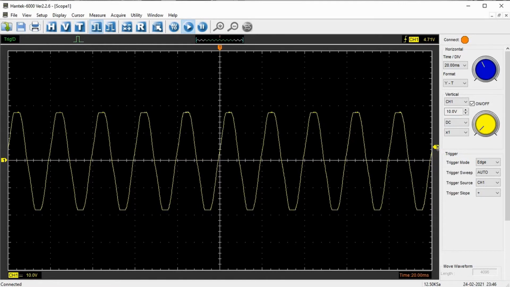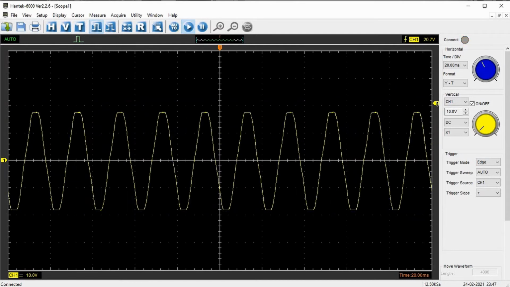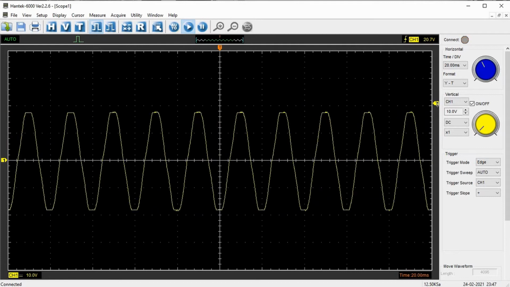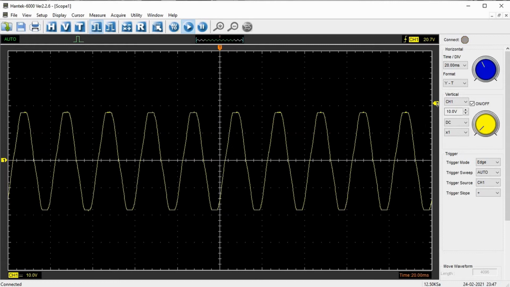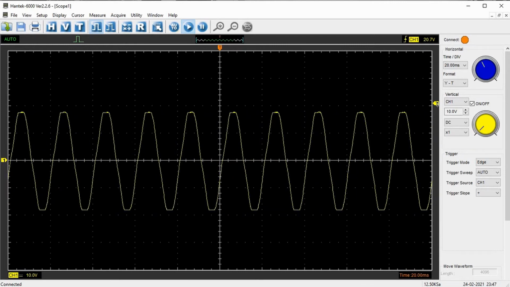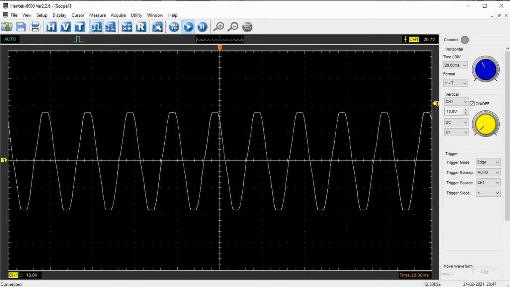Now this is how we hold the waveform. You might have seen that as soon as you connect the probe to the voltage source or the waveform, the voltage waveform is not stable, it starts to move around. With this kind of a thing we will not be able to measure anything. So for all the measurements and to understand the waveform, we want the voltage waveform to be still. So using triggers you can achieve that. Let me show how, using the trigger point, you will be able to hold the waveform still.